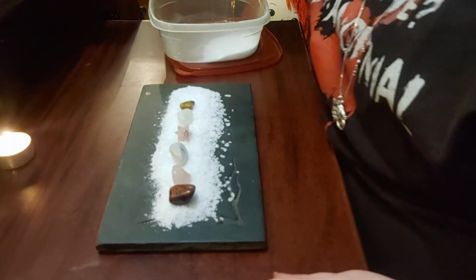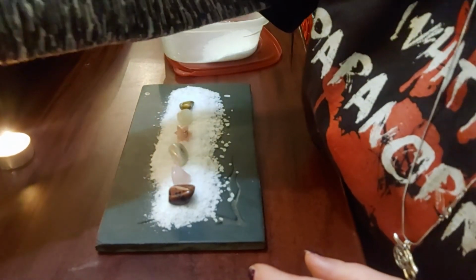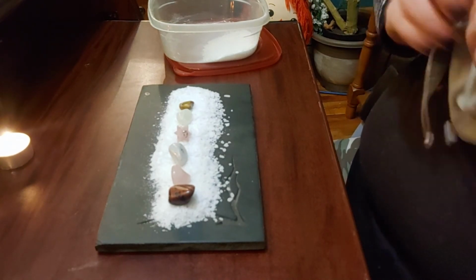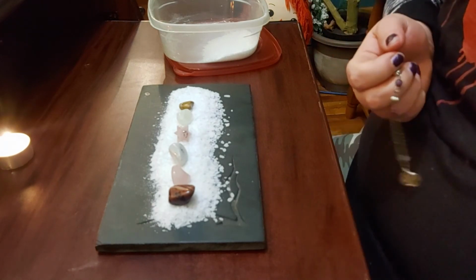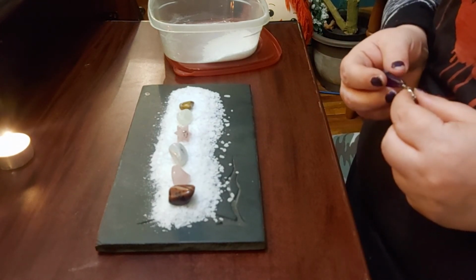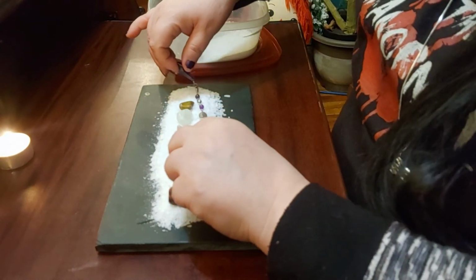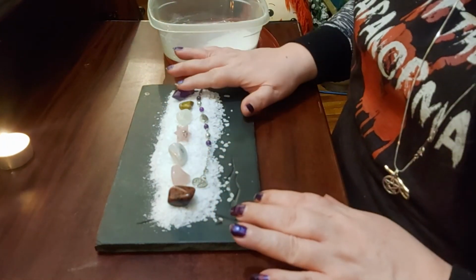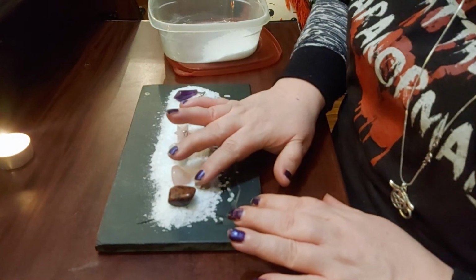And I can also add a pendulum. Where did I put my pendulum? It's right here. I can also energize my pendulum. So when we go out on an investigation or do a reading, the pendulum will be refreshed and ready. So what you do is you put it like this,